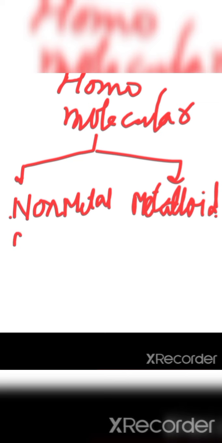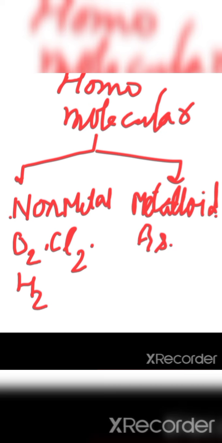Non-metals: O2, Cl2, H2, these kind. In metalloids: As4, Sb4, etc. These are homomolecular. These are the stable form of element, means oxygen is always stable in form of O2, not in form of O, means O2 cannot be broken into a simple or smaller stable part. It always exists in form of O2. Okay,